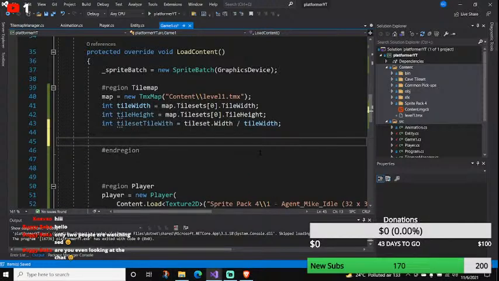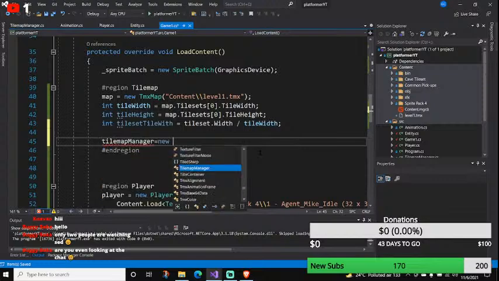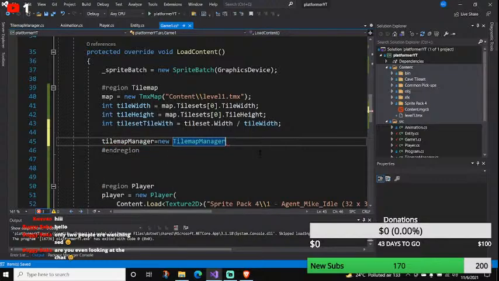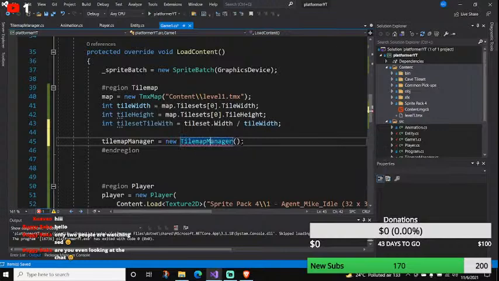Now let's create a new TileMapManager object. Manager, and we will pass in a map, then the tile set,